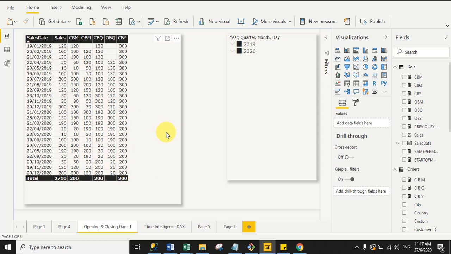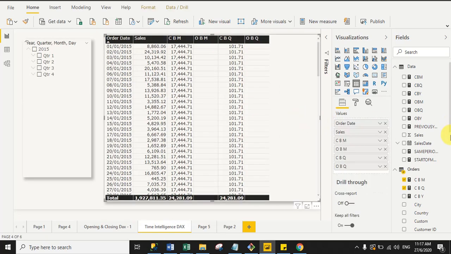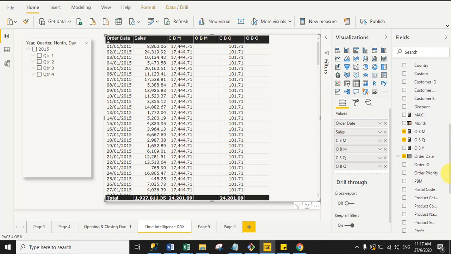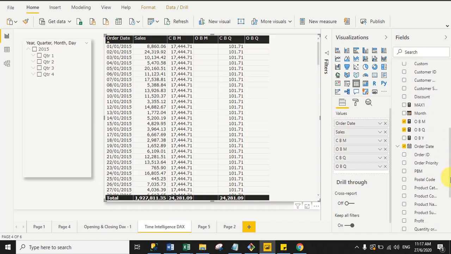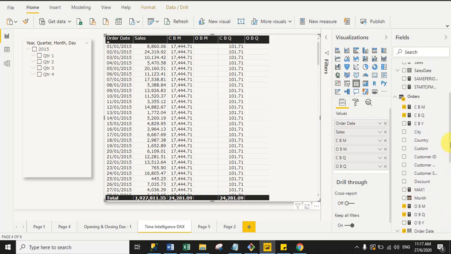This is very simple. Now I will show you the same with a large data set, right? So I already created the measure here, and I simply going to drag my measure. My measure name is closing balance year, and let me find my measure. See, this is my measure, and I simply drag here.